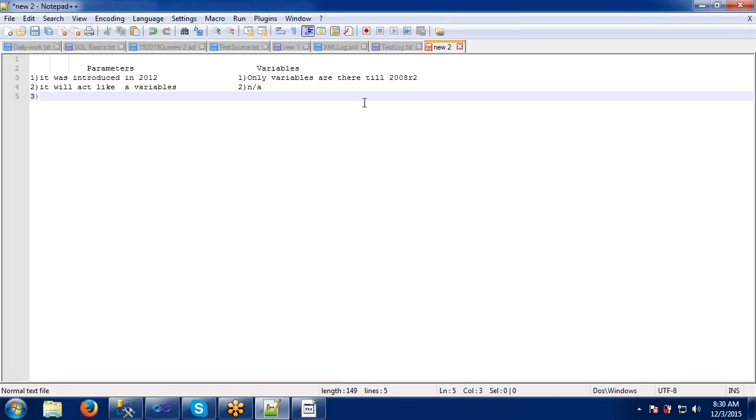Next, the differences between parameters and variables. The first point is that parameters were introduced in 2012. Variables are still there, but the parameter concept was introduced in 2012 only. These are used the same way as we use variables in regular work. We can use the parameter concept also. Where we can use parameters is in environment deployment.